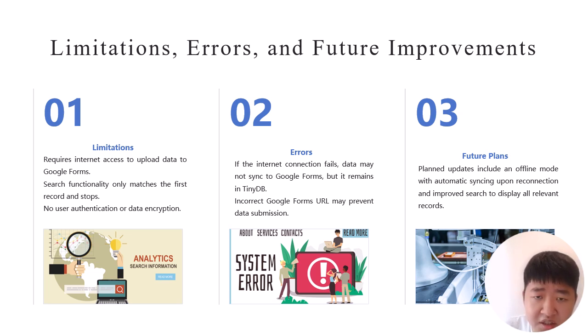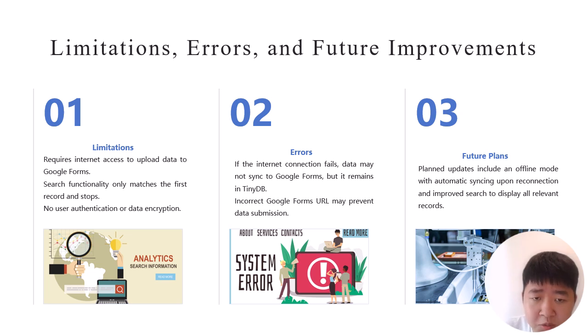Another limitation is the search functionality. It only finds the first matching record and stops, which might miss other matches. Additionally, there's no user authentication or data encryption, which could be a security concern. On the error side, if the internet fails, data won't send to Google Forms, though it remains safe in TinyDB. An incorrect Google Forms URL